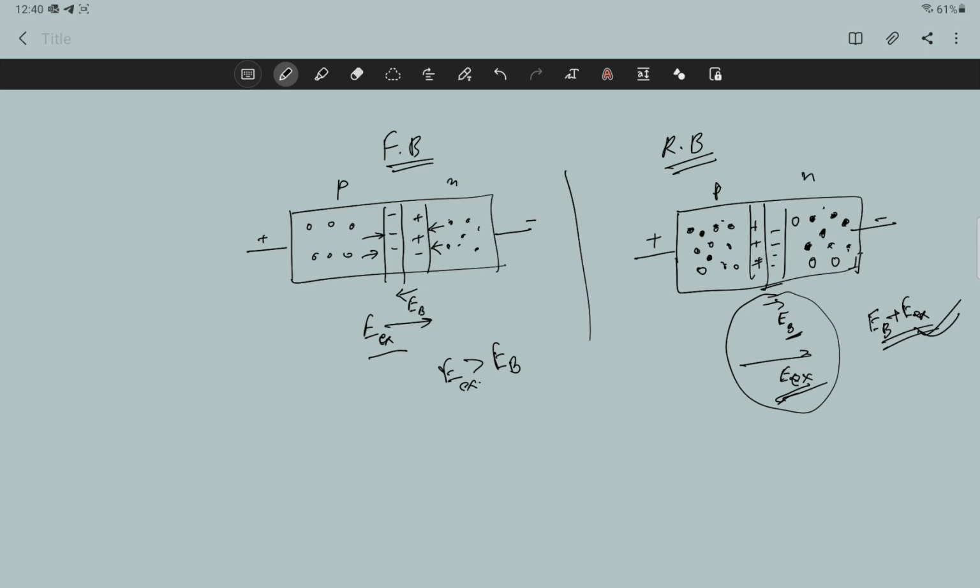And what happened to the majority? Initially the majority charge carriers finished, because the electrons from the n type went through the external circuit and filled the holes on the left side. So you can say that the current in the Zener diode in reverse bias is due to the minority charge carriers. It started with the minority charge carriers. If you don't say that they have become the majority by increasing their population, then you can say they are the minority charge carriers. Thank you very much.